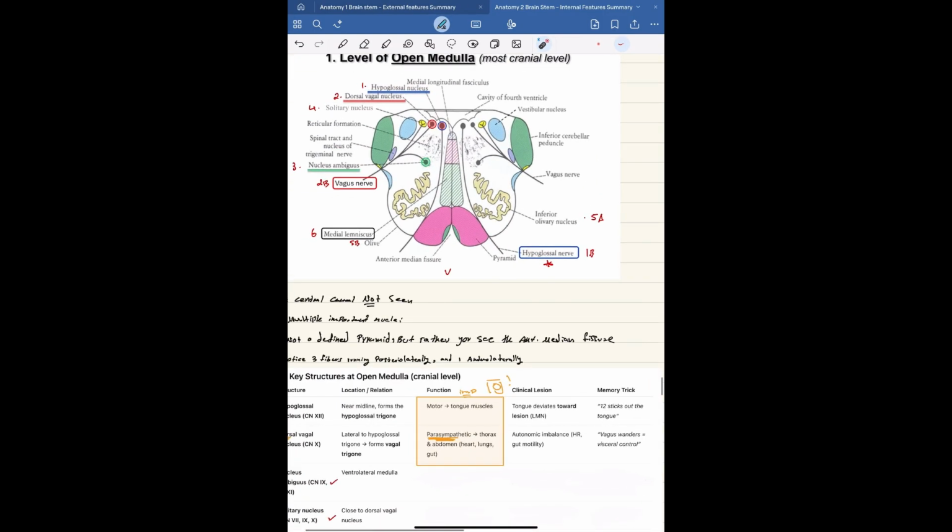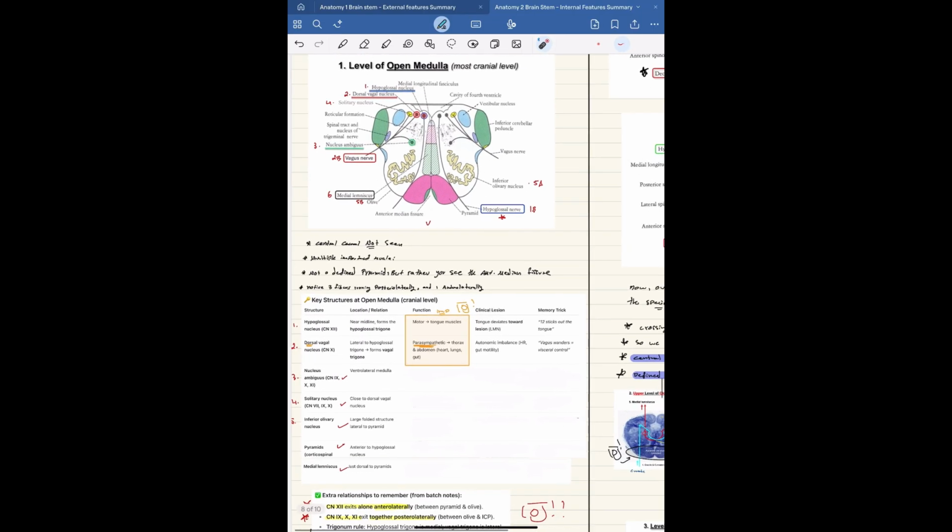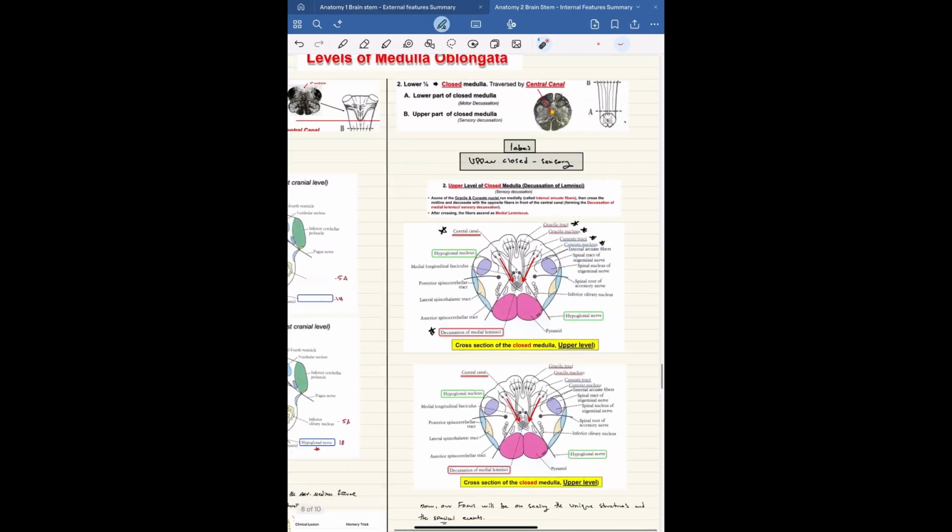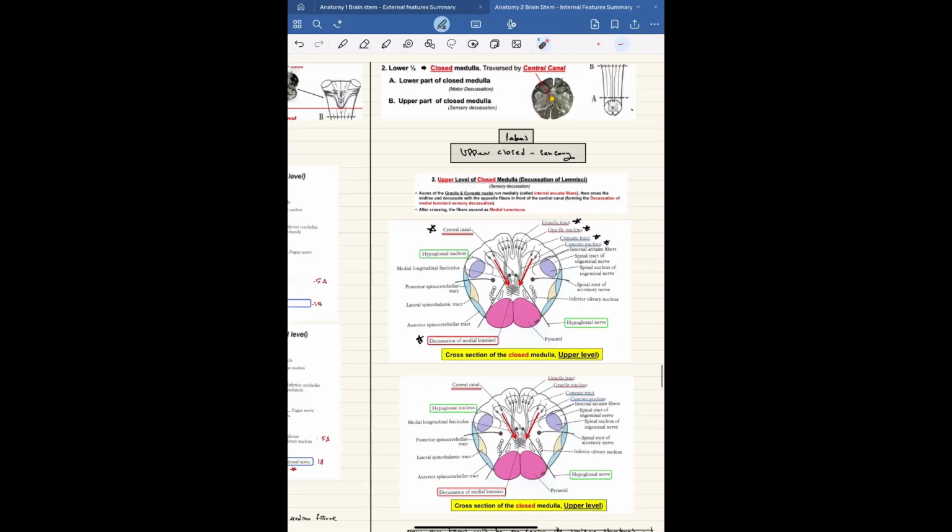And the pyramids are not clearly identified, a type of pyramid, and this is more important in a second in the closed medulla. I'll talk about it in a second. That's about it for here. Now, when we go through the